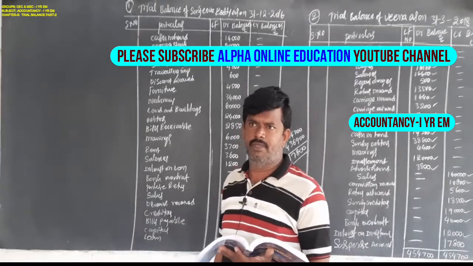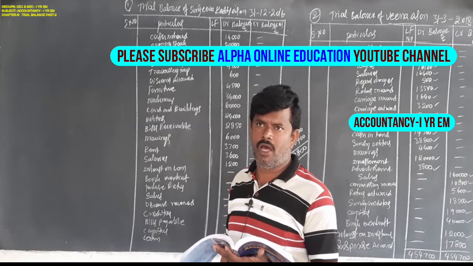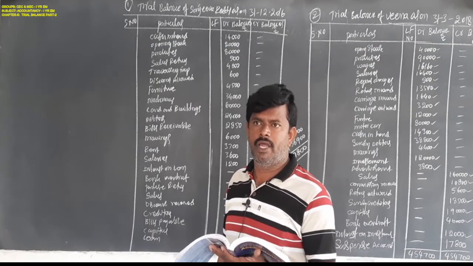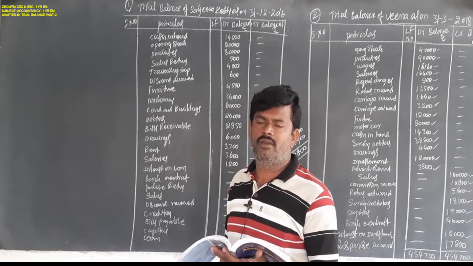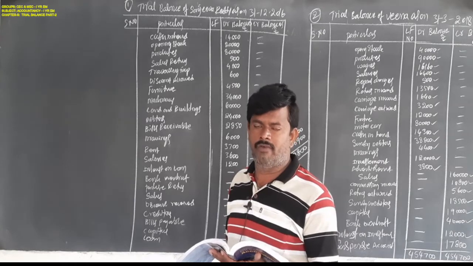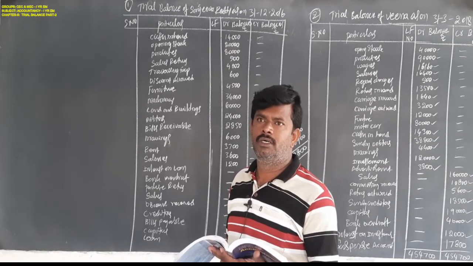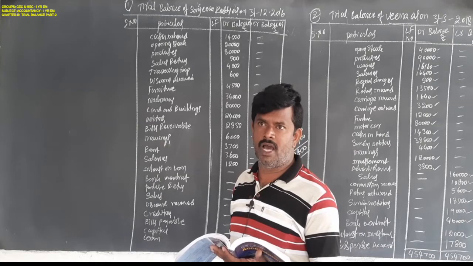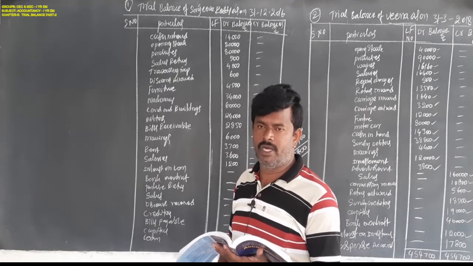We have already discussed the trial balance. The main intention of the trial balance is to check the arithmetical accuracy of the transactions, meaning whether we are recording transactions the correct way or not, whether we are following the rules and regulations or not. In conclusion, when we prepare the trial balance, debit total is equal to credit total. All our procedures are correct and we follow the rules and regulations.